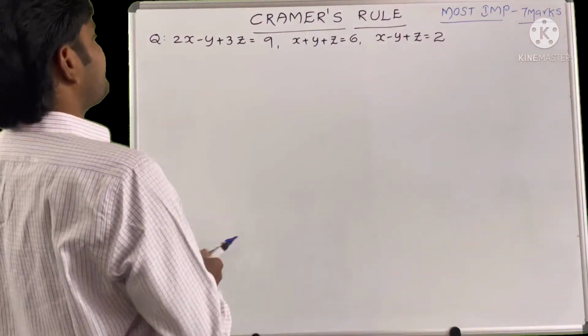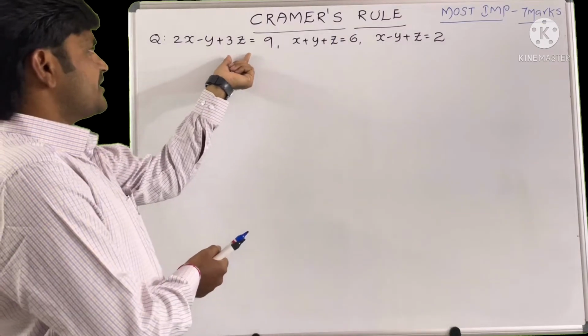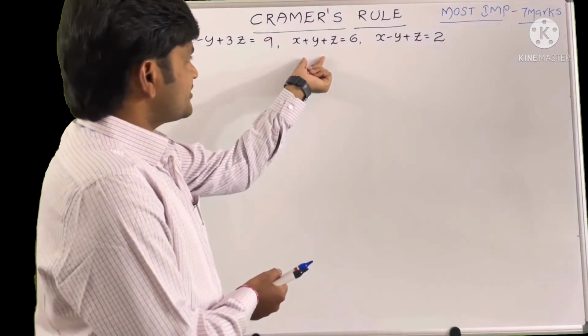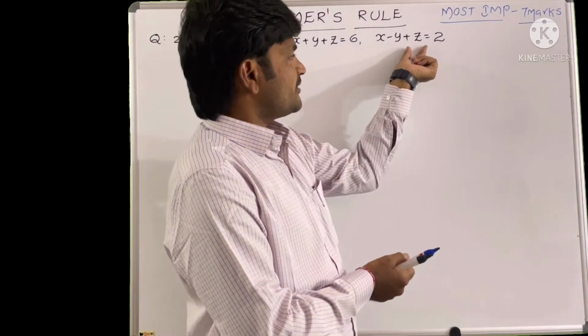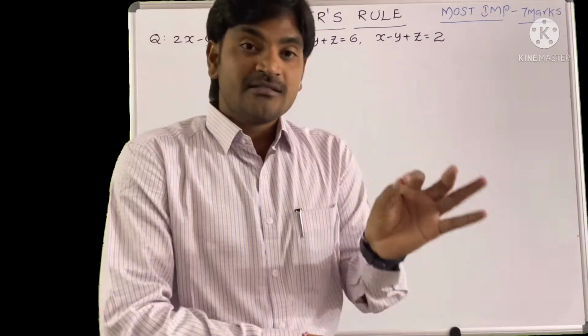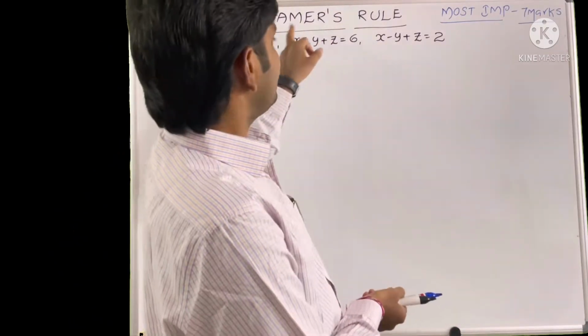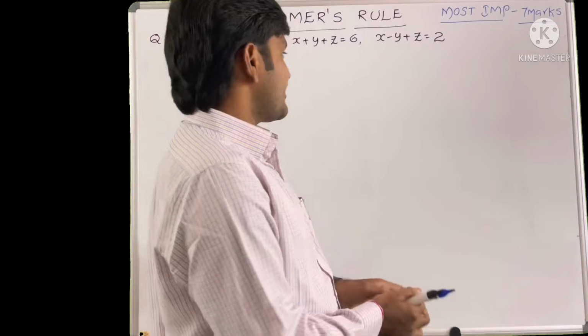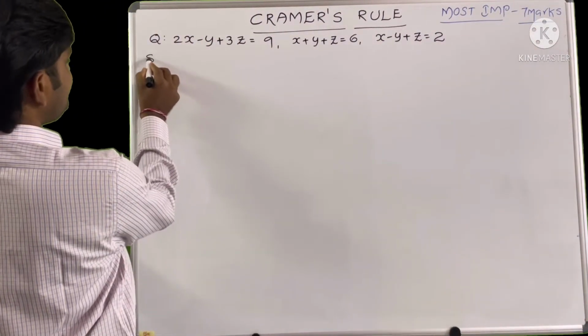Right, the first question, Cramer's rule: 2x minus y plus 3z equal to 9, x plus y plus z equal to 6, x minus y plus z equal to 2. These three equations we are solving by using Cramer's rule method. So right, first of all, in the solution